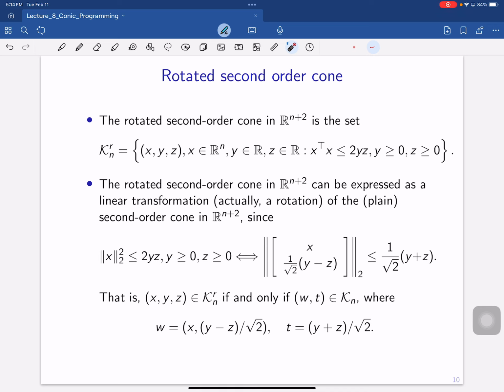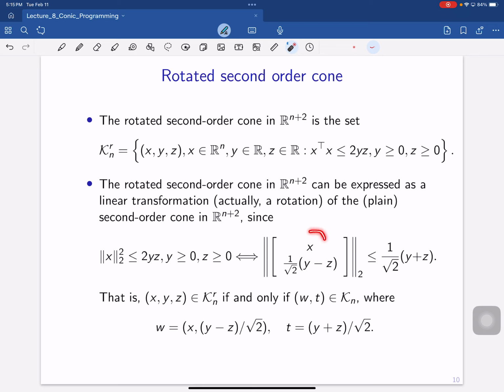And then, of course, there should be some mapping between the rotated cone and the original second order cone, right? Since it's just a rotation of the original problem. Then you could do this very simple trick. Here you have a rotated second order cone. You could do a linear transformation and transform it to the original second order cone,